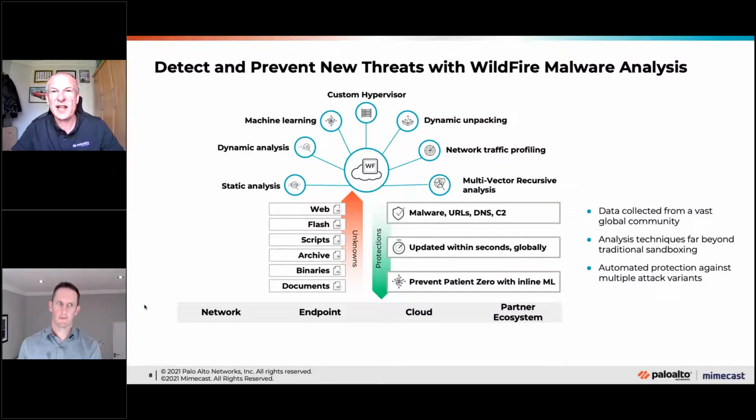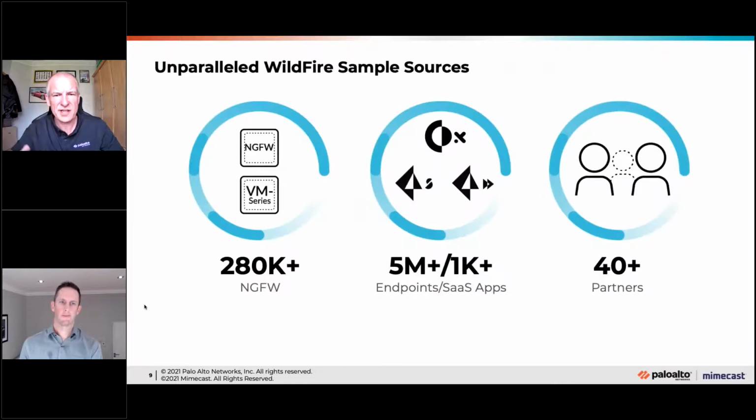So just to give you some stats on that, Andrew, would you just skip on forward? Yeah, just to give you some idea of the scale that we're looking at here, I think that's a relatively conservative number. We get feeds from over 280,000 next-gen firewalls embedded into networks in many customers, tens of thousands of customers around the globe, in different environments, different verticals. Some of those verticals could be relevant to you, because obviously there are targeted attacks towards different industries and sectors. So we've got a good coverage there.